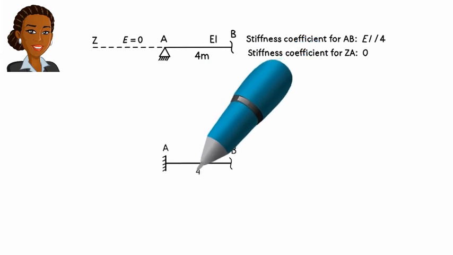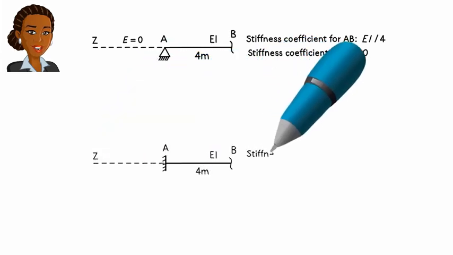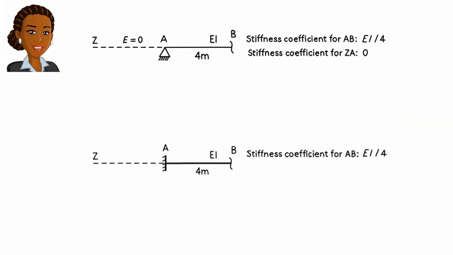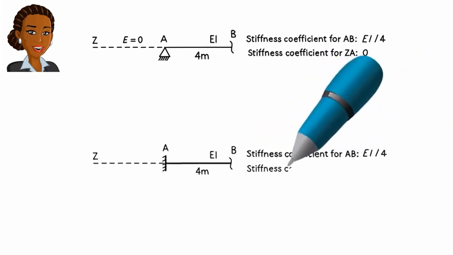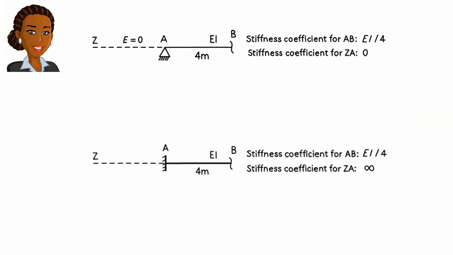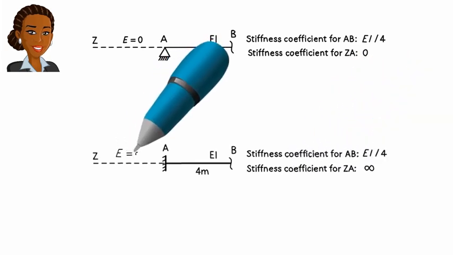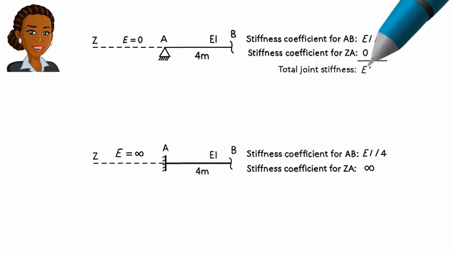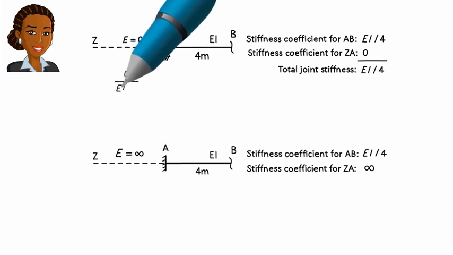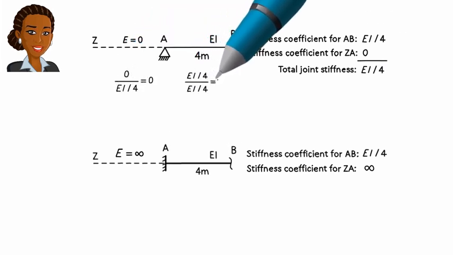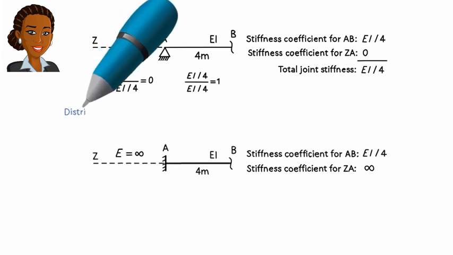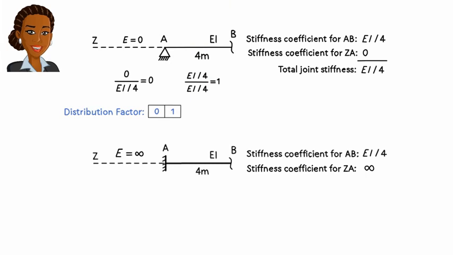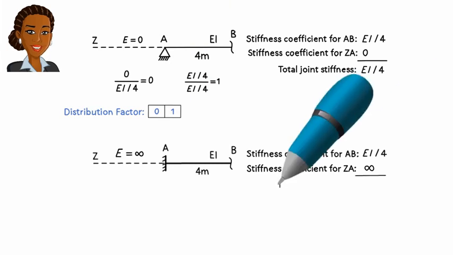For a fixed support, like a rigid wall, the stiffness is assumed to be large enough to prevent any movement of the structure at that joint. Therefore, we could assume a stiffness coefficient of infinity for our imaginary member. Therefore, for a pin support, the distribution coefficients can be computed like this. For a fixed support, the distribution factors are